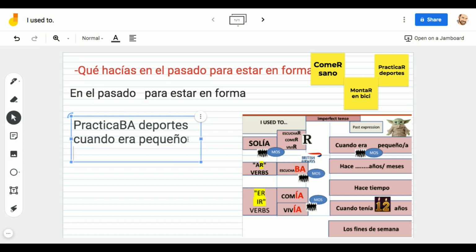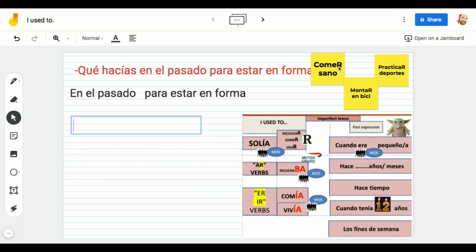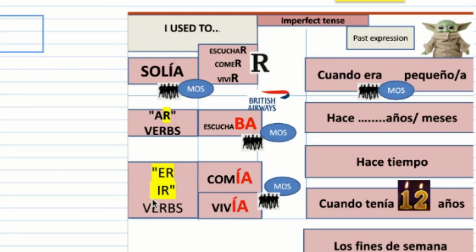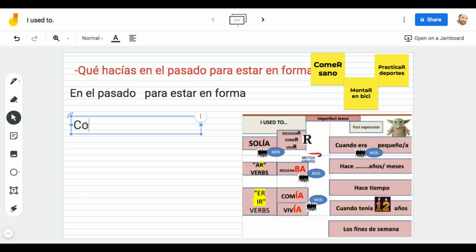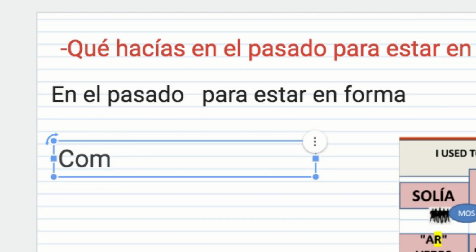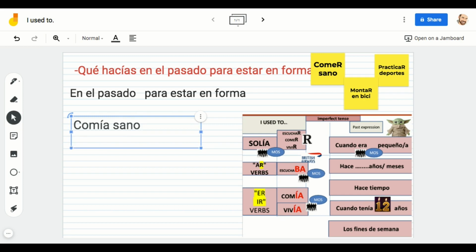Okay? And you can say as well why: porque me gusta. Now, when you express your opinion, talking about something that you used to do, what you need to do is add BA to the opinion. That means because I used to like it. So again, don't use me gusta, just add BA. And you can still use comer sano. Remember, comer sano ends in ER, so it should be in this category. You remove the ER and you put IA: comía. Remember, don't put comer, put comía. So, comía sano, por ejemplo,